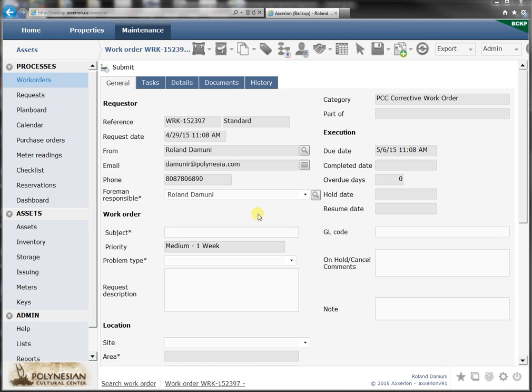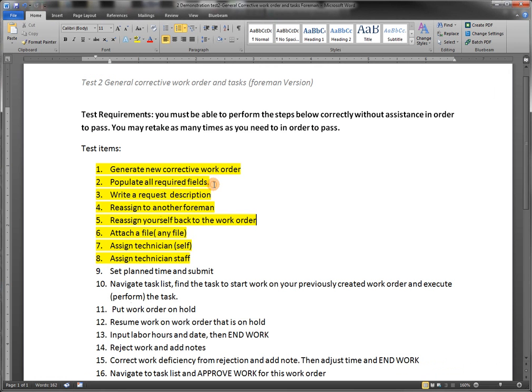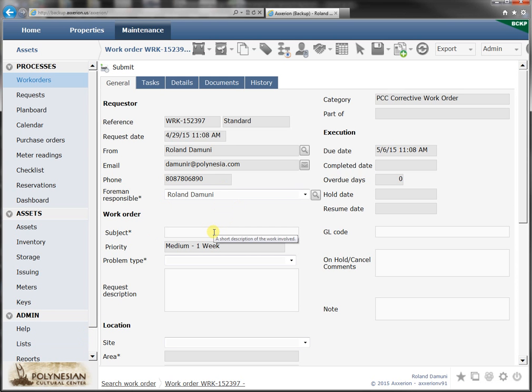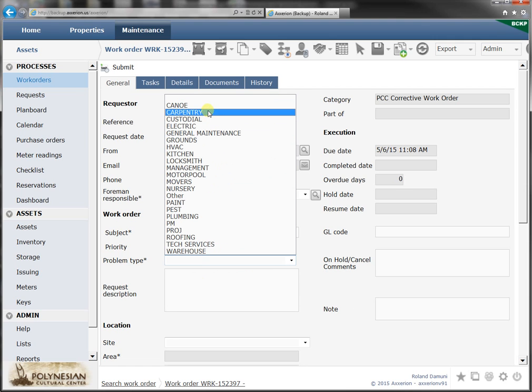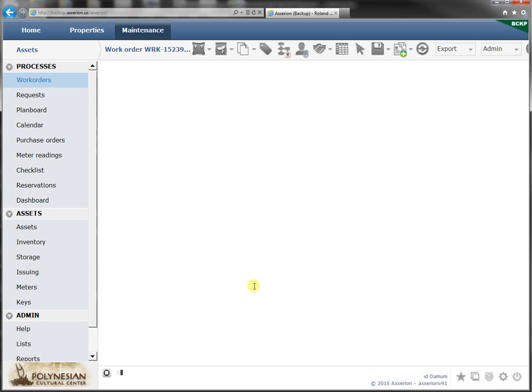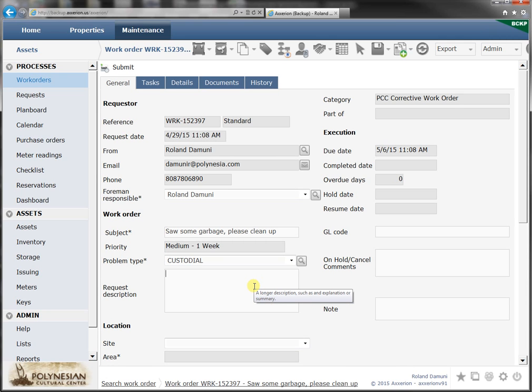and going back to my list, I am going to populate all the required fields, and I am going to write a request description. Okay, it is a required field for the subject, so I will say, saw some garbage, please clean up. Okay, the problem type could be custodial in this example. The description could be anything you want. I'm just going to put this is a test